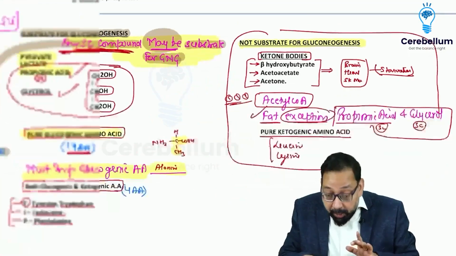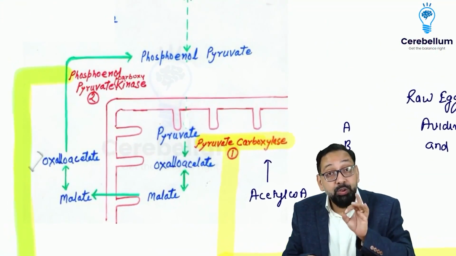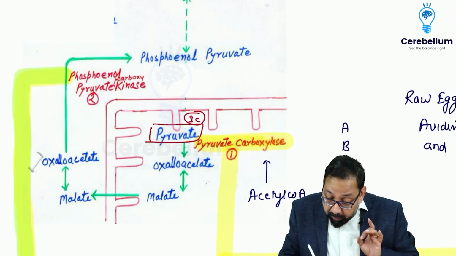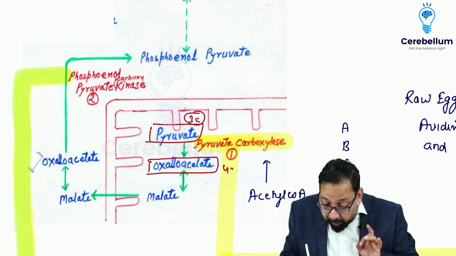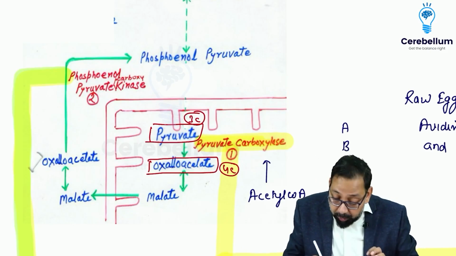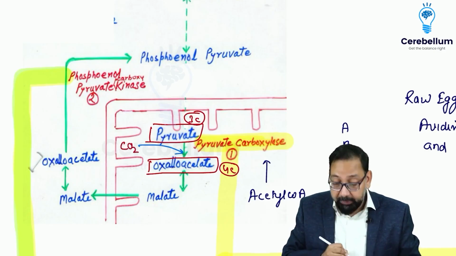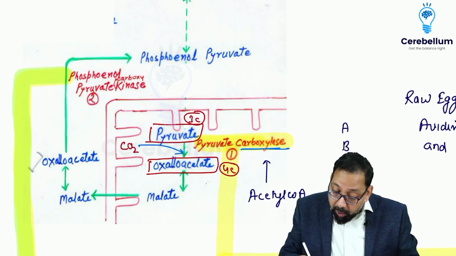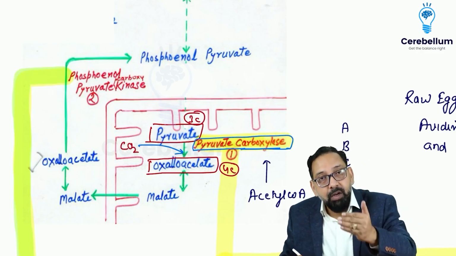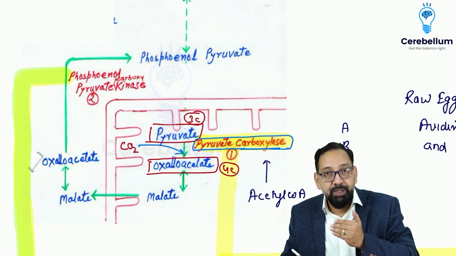Frequently asked question. Now we come to the steps of gluconeogenesis. I start gluconeogenesis from pyruvate. Pyruvate, having 3 carbons, is converted to oxaloacetate, having 4 carbons. When a 3 carbon compound is converted to a 4 carbon compound, 1 carbon must be joined. Joining of carbon dioxide is called carboxylation. So the name of the enzyme is pyruvate carboxylase. So pyruvate is converted to 4 carbon oxaloacetate, and CO2 is joined with the help